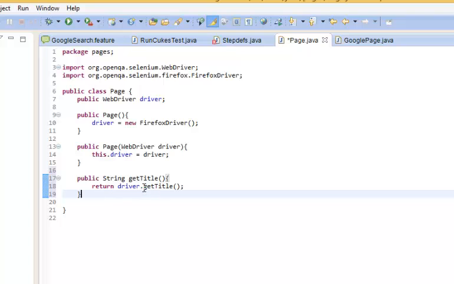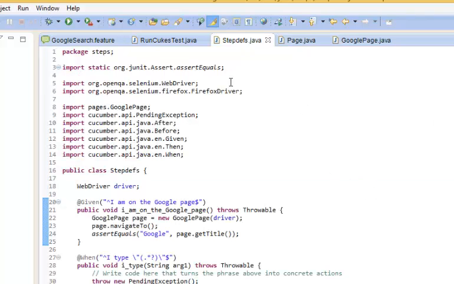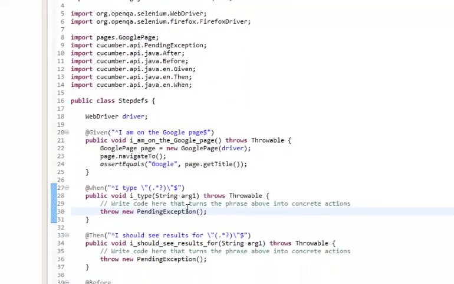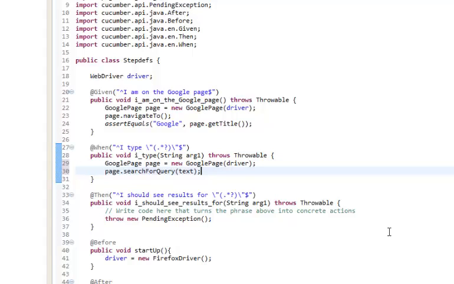All this does is call the getTitle method of the WebDriver object and return that. Let's save that. When we go back to our step definition file, we can see there's no more errors. So next we want to implement the step where we enter text into the search field. So we can get rid of the default text within the method and replace this with the code I've just